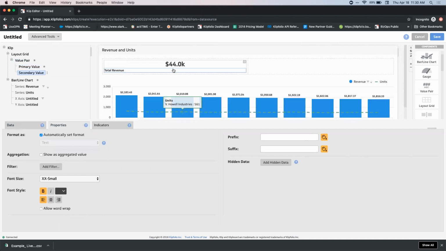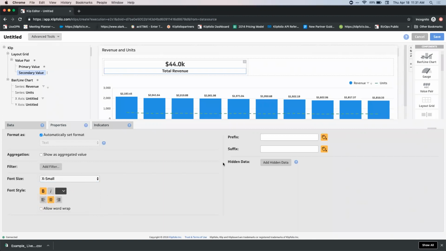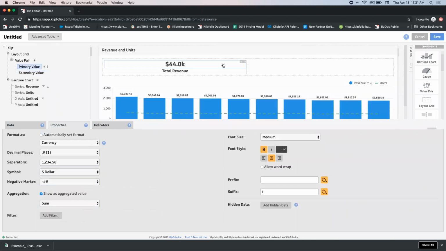So you saw I had to click around a few times to find the option to do that. It's a really good tip just to remember every individual section of your clip has its own properties panel where you can control almost everything about how the data appears. So again, the good news here is it took us a little while to achieve this in the perfect way, but now that we've done it,